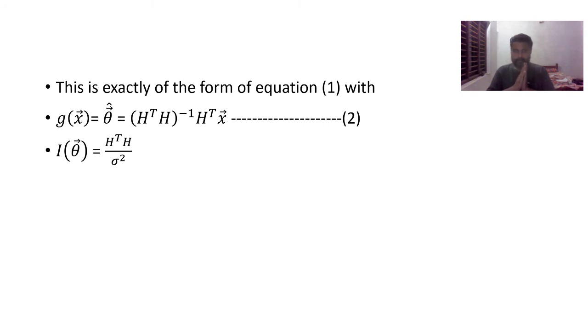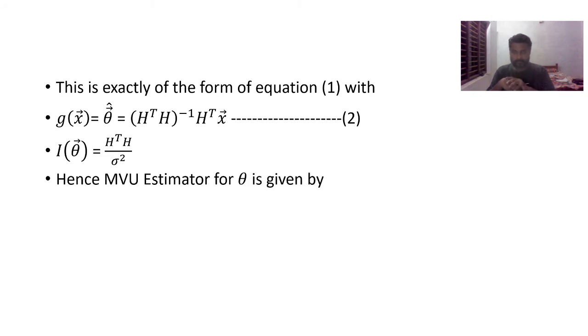Hence the minimum variance unbiased estimator for theta is given by equation 2, and its covariance matrix is given by